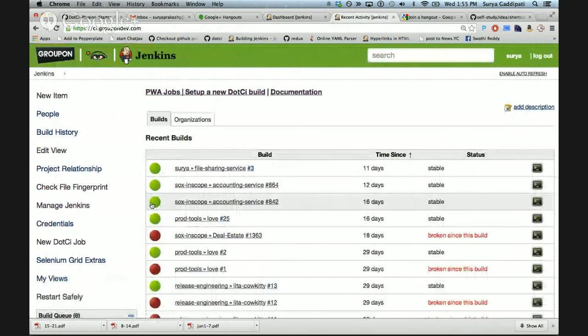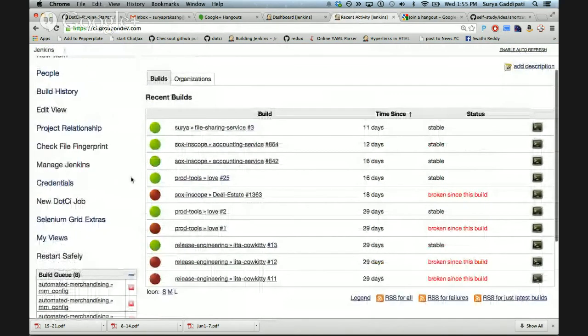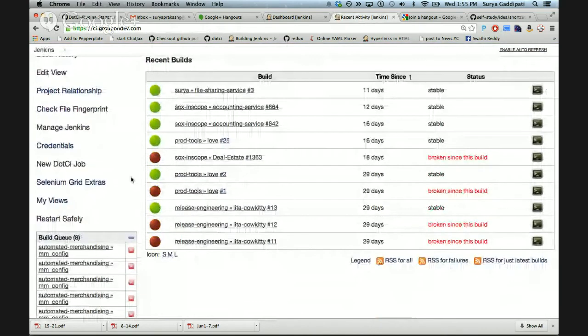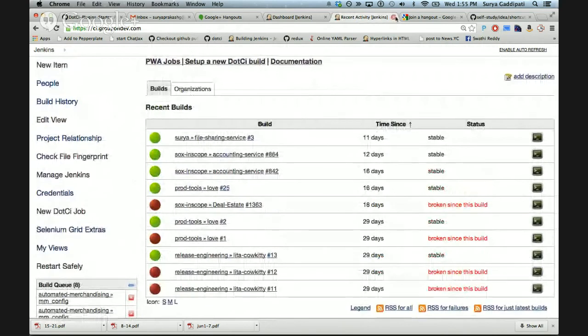So this is the... Can you guys see it? This, just so you know, this is recorded, so be careful what you want to show. Oh, okay. Yeah, I think this is fine. Yeah, this is our internal Jenkins, and